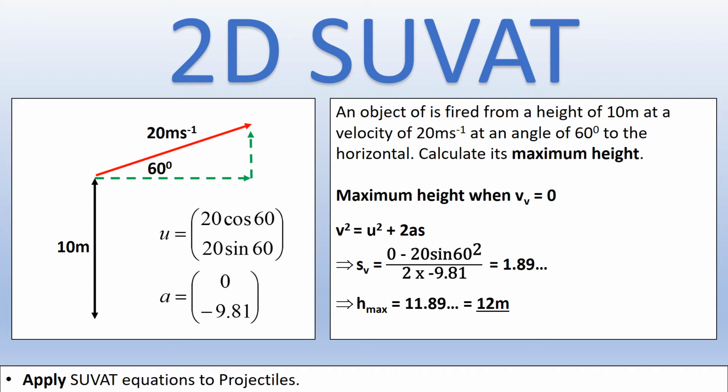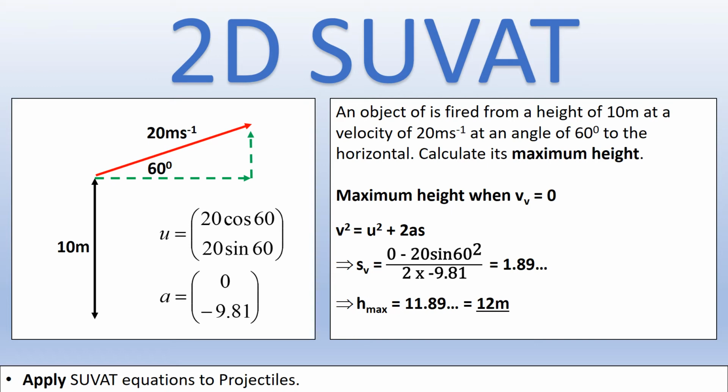So in this situation, we've got an object that's 10 meters up in the air, or has an altitude of 10 meters. It's fired at 20 meters per second at 60 degrees to the horizontal. And in this scenario, we want to get its maximum height. So an object in one-dimensional motion reaches maximum height when v is 0. In two-dimensional motion, it's a little bit more complicated than that, but not much. It reaches its maximum height when the vertical component of velocity becomes 0,